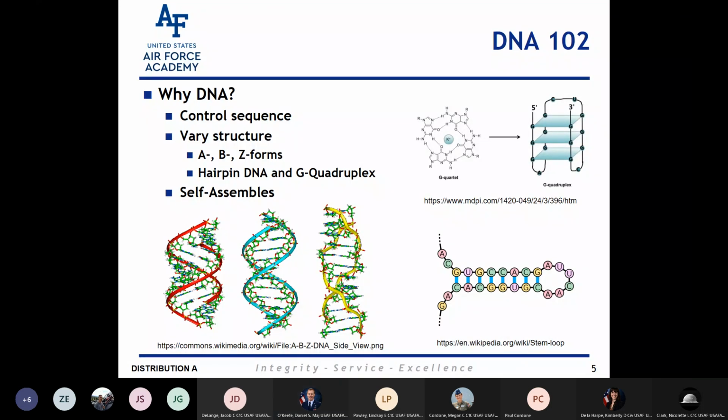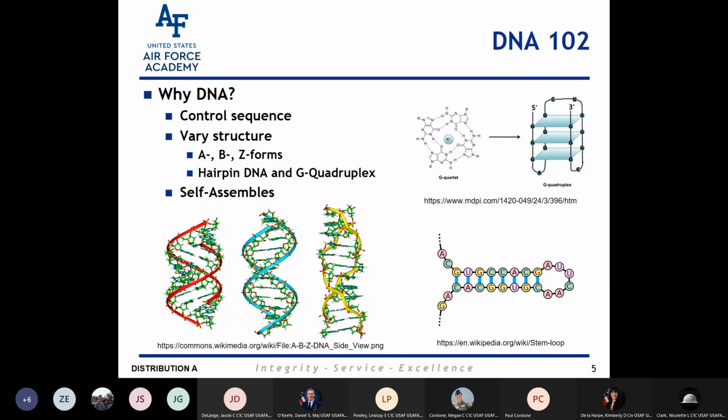So as I said, DNA, we can control its structure. Scientists can genetically modify DNA to fit our needs. There are different types of DNA and different secondary structures that it can form. So different types of double helices, the A, B, and Z form, as well as hairpin DNA, which is when a strand of DNA or RNA doubles back on itself and begins base pairing. And structures like G quadruplexes are also able to be formed. So for these reasons, we think DNA is a good choice for molecular electronics, and therefore it's worth it to